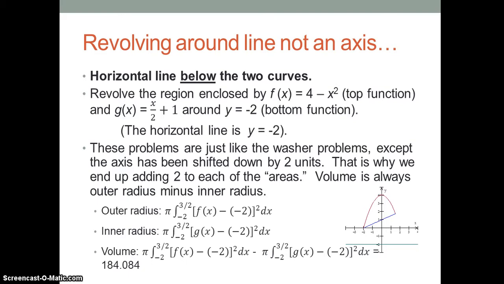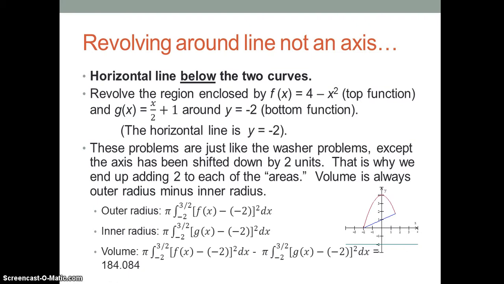So our example here: revolve the region enclosed by f of x equals 4 minus x squared, our top function, and g of x equals x over 2 plus 1, our line, which is indicated in blue on the bottom right, around the line y equals negative 2. The horizontal line we're rotating around is y equals negative 2. These problems are just like washer problems, except we've shifted our axis down by 2 units. And when you shift the axis down by 2 units, you've increased the areas of each of these regions